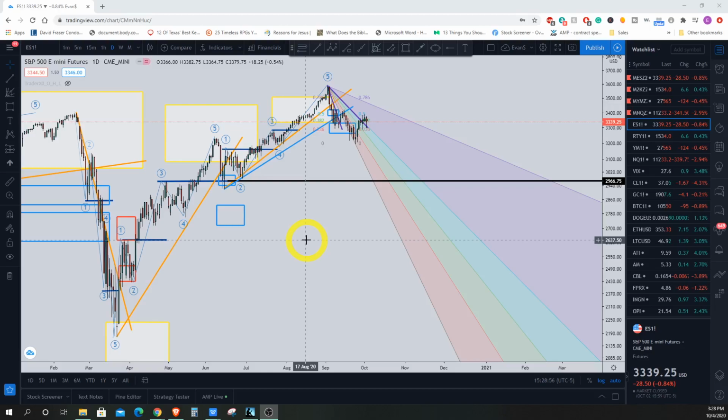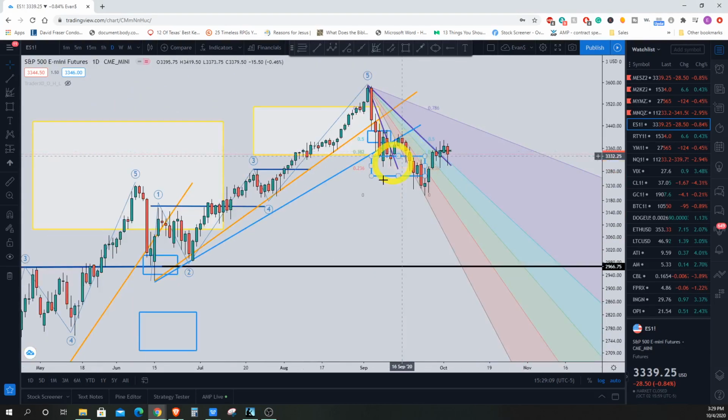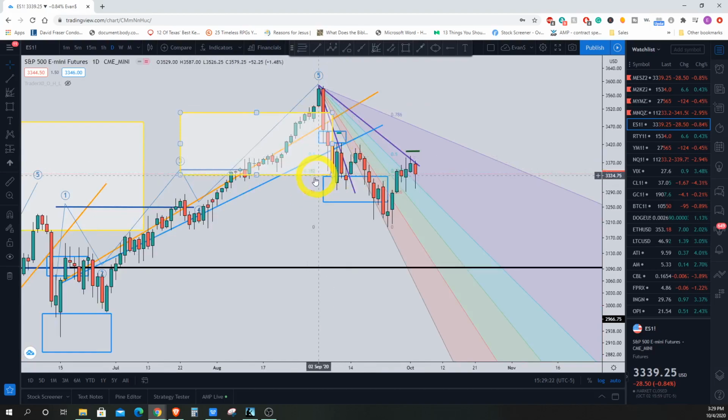Today, we're going to look at the upcoming week for the S&P 500, Dow Jones, and the Nasdaq. So, starting right away with the S&P 500, we are in a long setup right here, looking at the daily chart. And the reason why is you can see from this 0, 1, 2, 3, 4, 5 Elliott wave move up right here. Price came down, broke the 38% fib speed resistance fan, and went down here and hit the